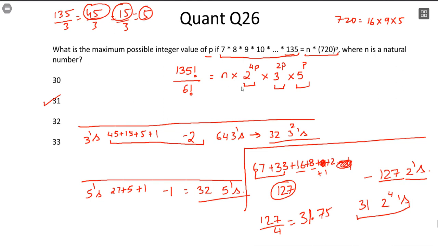Now for this question, one more insight or conversation point that I want to cover is, see, if these are singular powers of prime numbers, then you check with the largest prime number, it works. But if the powers are not singular, if the powers are different, then you would have to check for all individual setups. You cannot just say I've checked it for 5, I'm getting 32, therefore I will mark 32. Please don't make that error.